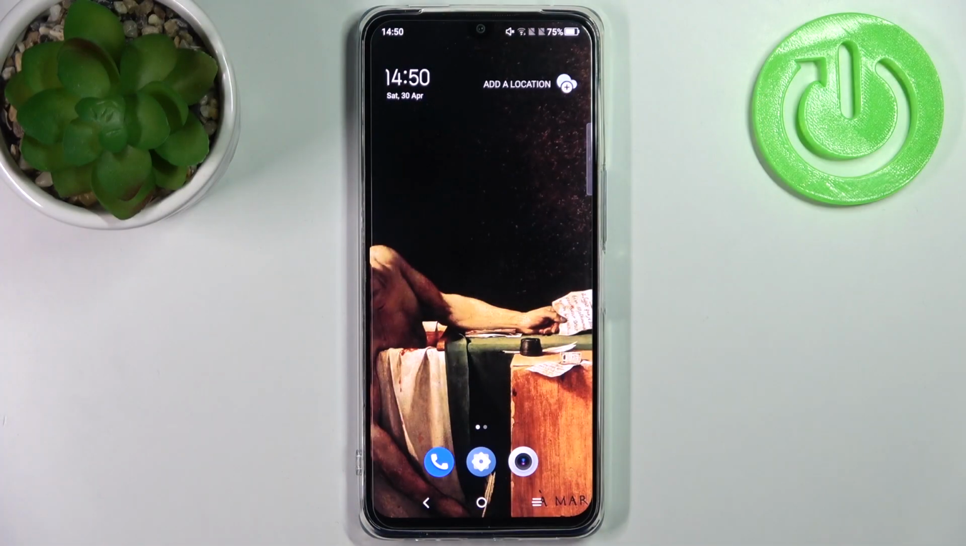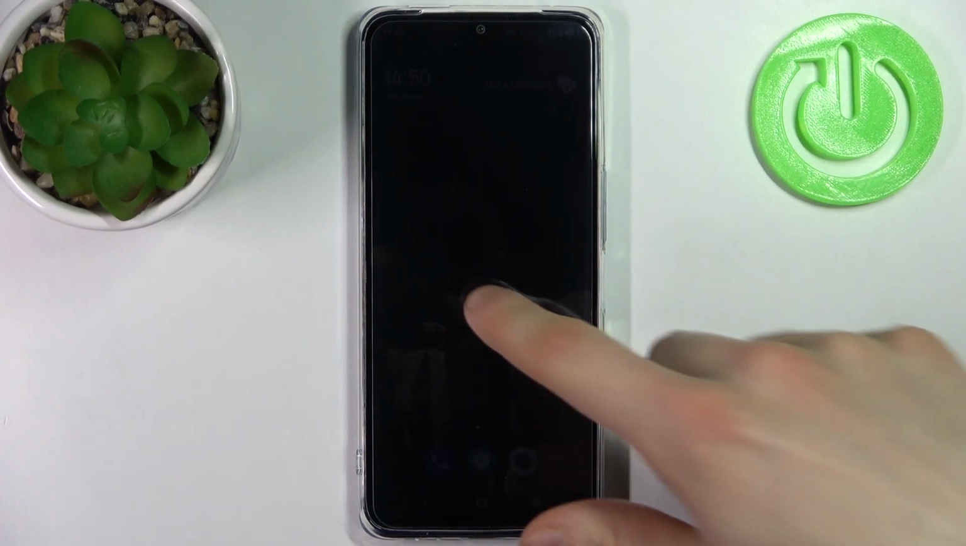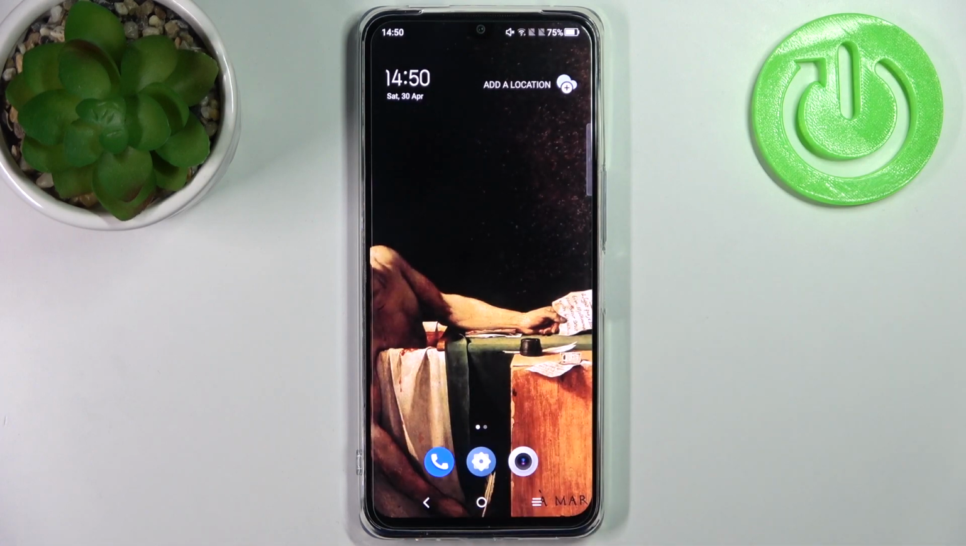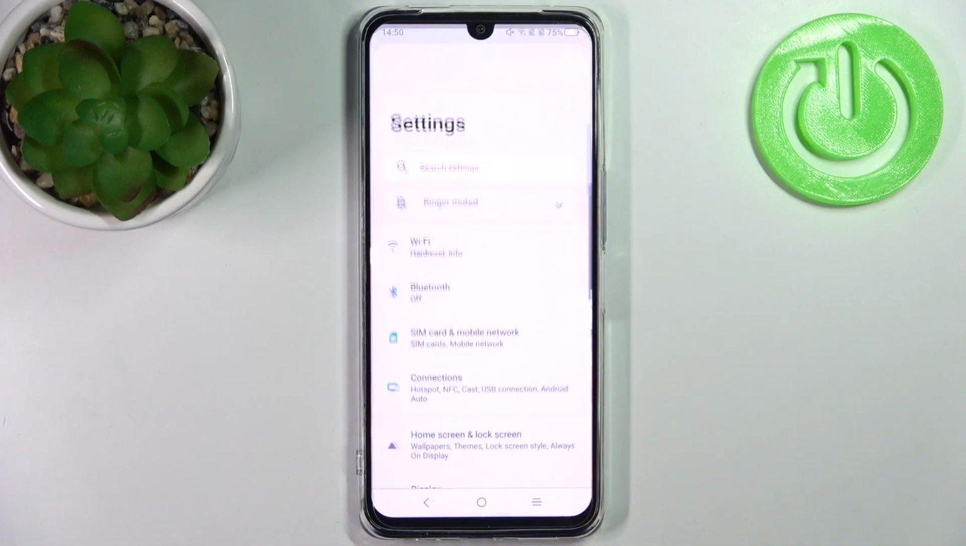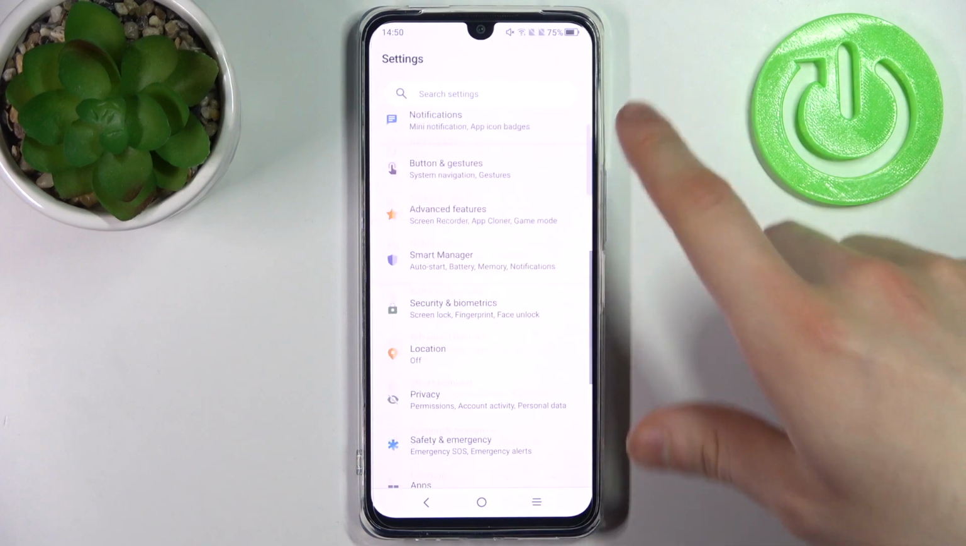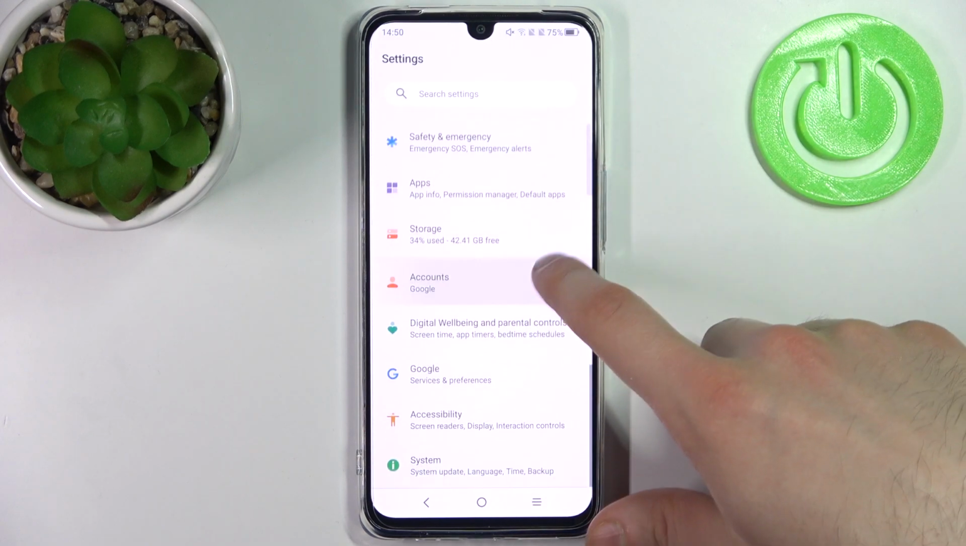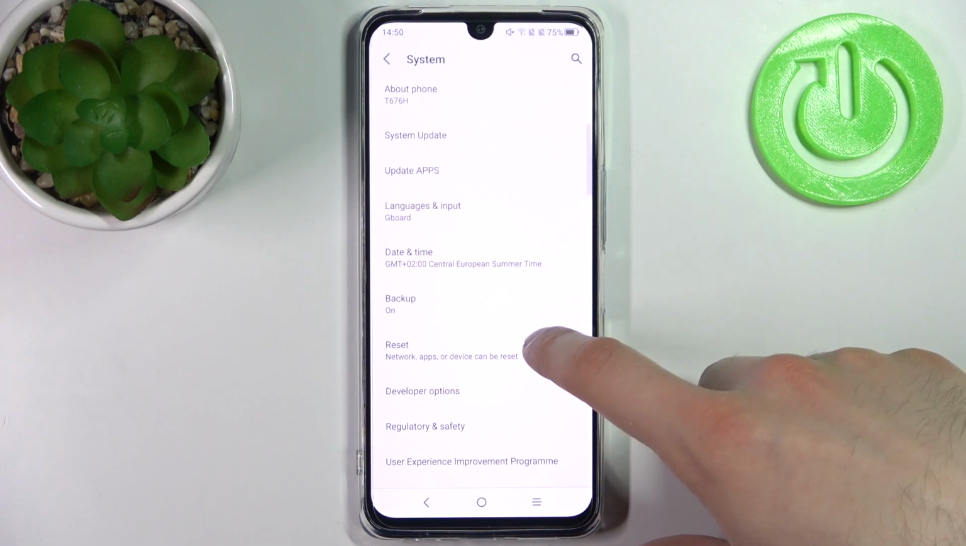Here I have TCL 30, and today I'm going to show you how to change system navigation method from 3 buttons to gesture navigation. So firstly you have to open settings, then go to the system section, and then